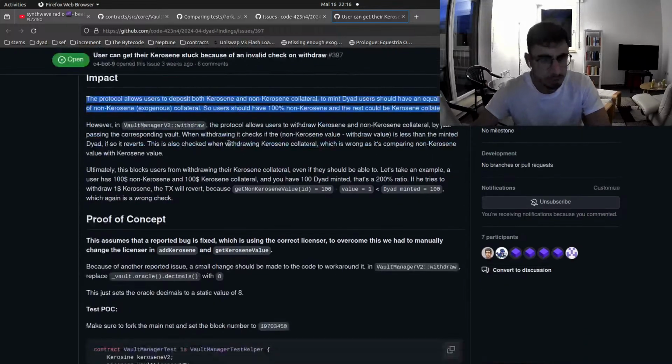However, in Vault Manager V2 withdrawal, the protocol allows users to withdraw kerosene and kerosene collateral by just passing the kerosene. When withdrawing, it checks if the non-kerosene